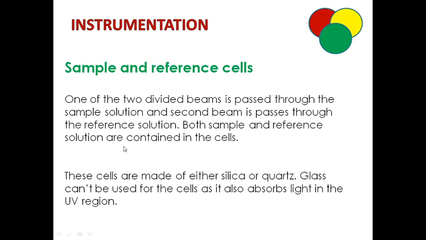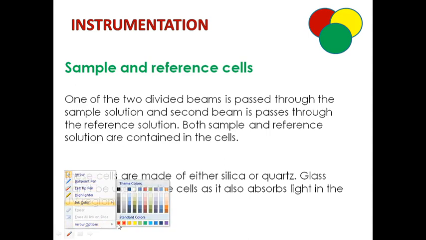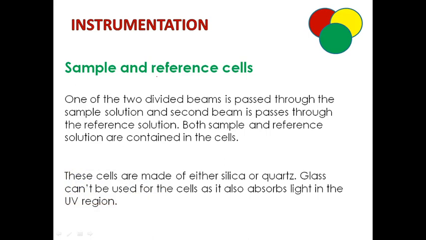So the sample cell is the place for holding a sample that we have to investigate, and the reference cell is used for the reference compound, that is a solvent. Generally, in UV visible spectroscopy, we will use solvents that are transparent to UV radiation. Simply, the solvents are water, 90% ethyl alcohol and N-hexane, because